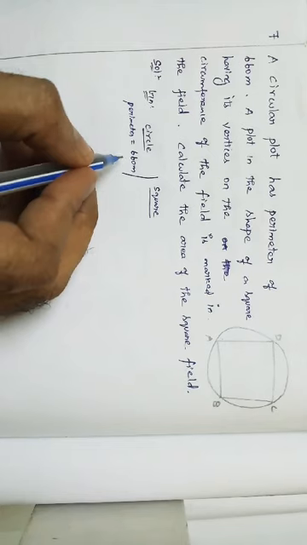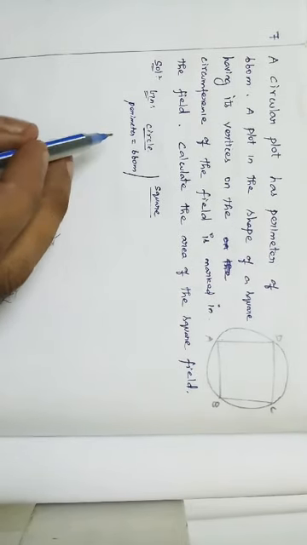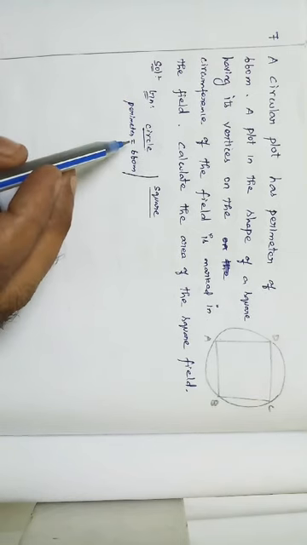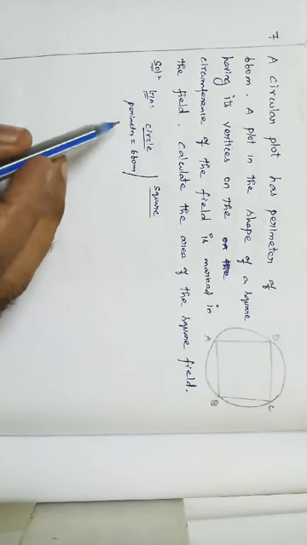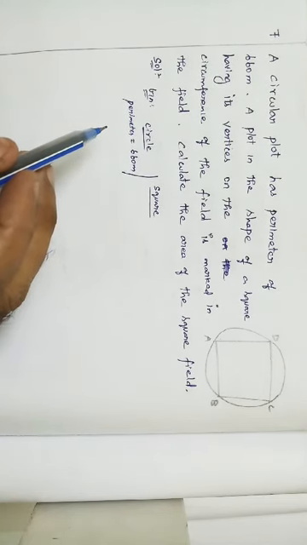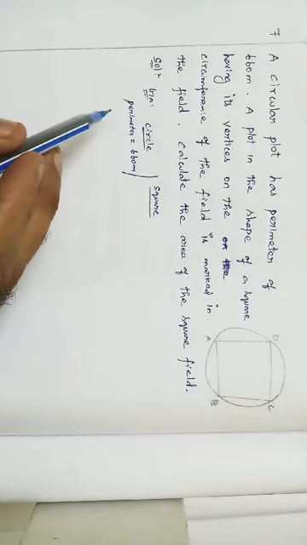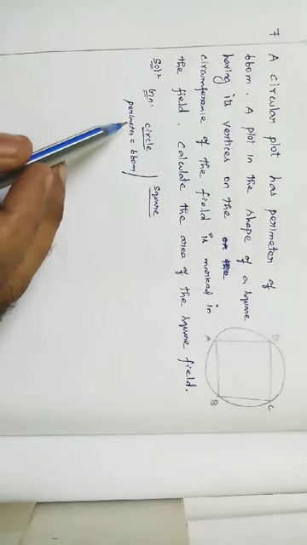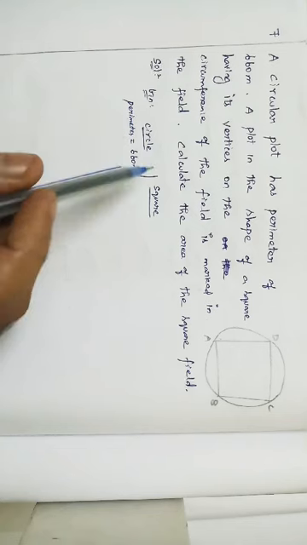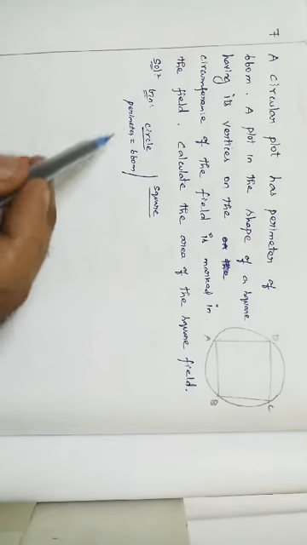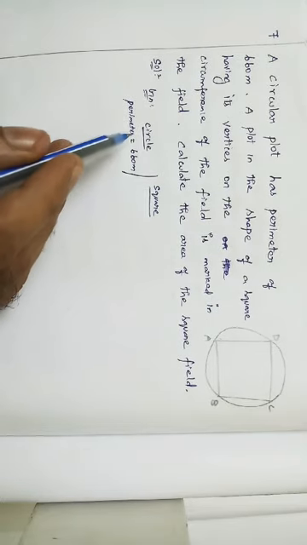Usually we want to find the perimeter of a circle by using the formula. But if they are giving the value of the perimeter, then what we want to do is equate the value with the concerned formula and find some unknown from the formula. See, in the perimeter we are going to find the radius, right? By equating the perimeter formula with this value, we will find the radius of a circle.